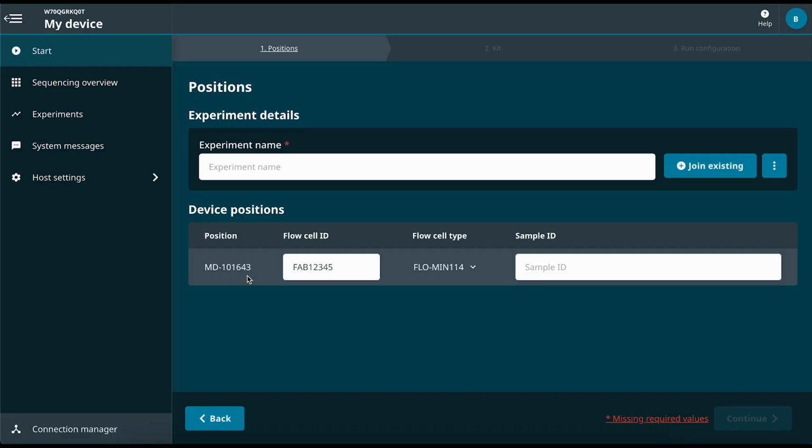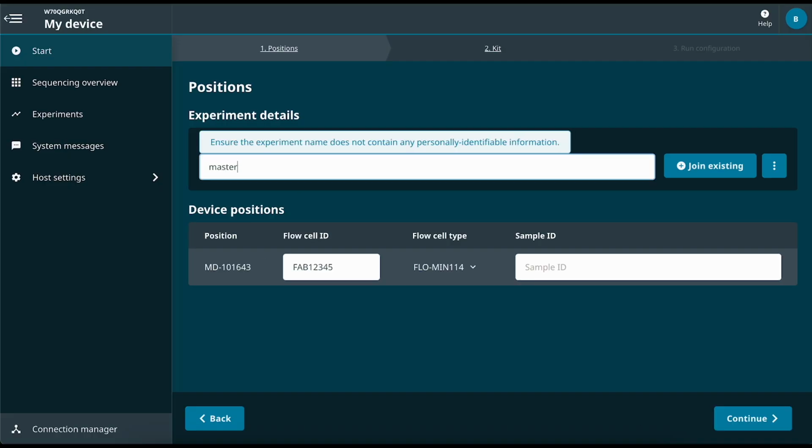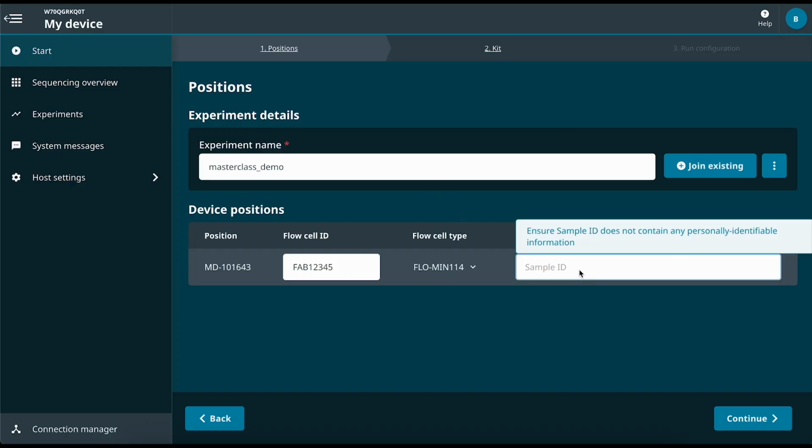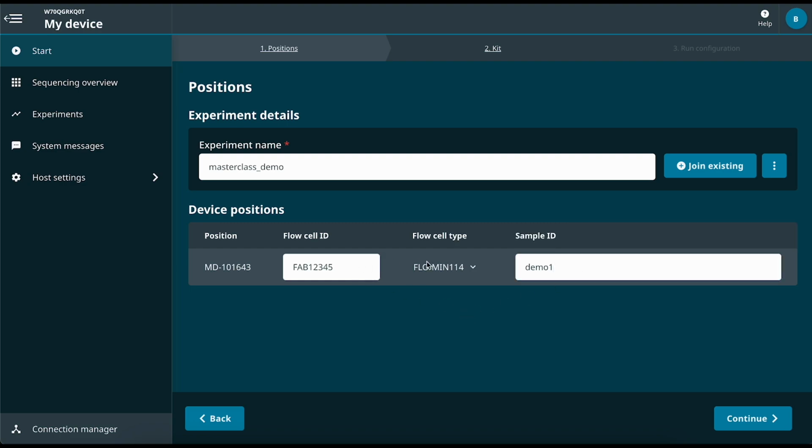To get started, we'll need to set an experiment name. We'll call this Masterclass Demo. And optionally, you can set a sample ID. I'll call this Demo 1. The flow cell ID and the flow cell type should populate automatically, but if you see anything that's wrong here, you can manually enter your flow cell ID or manually change the flow cell type. Next, we'll click Continue,